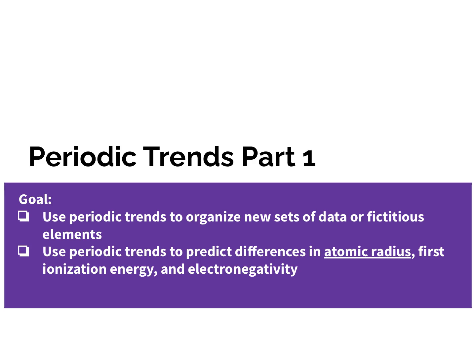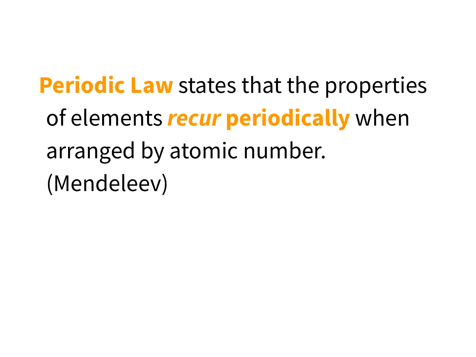Right, so these are our notes on periodic trends. This is part 1, and we have 2 learning goals for this part. So periodic law states that the properties of elements recur periodically when arranged by atomic number, and we'll talk about